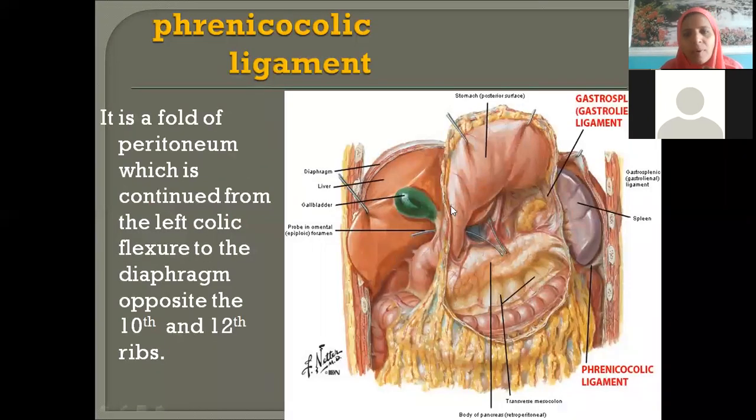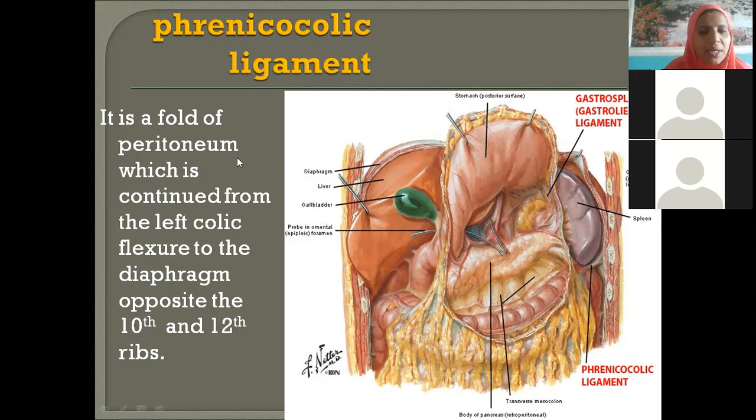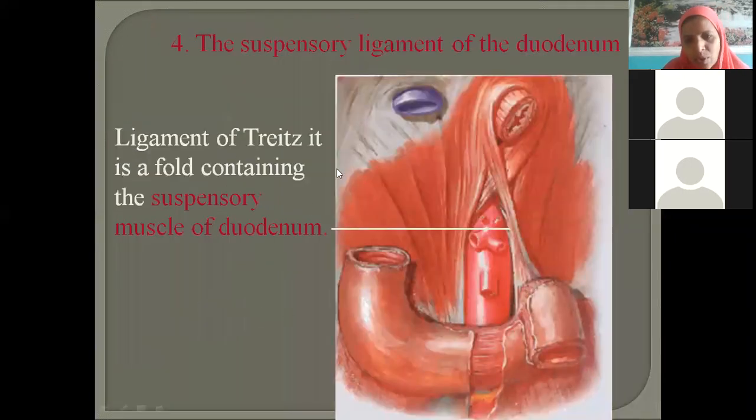I was talking about the ligaments, which are nothing but the thickenings of the peritoneum. Just repeating the last point as a continuation, we have talked about the phrenicocolic ligament. What is the meaning of phrenicocolic? Phrenic means diaphragm, isn't it? From the diaphragm to the left colic flexure, you have a ligament. So this ligament is nothing but the phrenicocolic ligament. We have stopped till here and now I'm continuing.